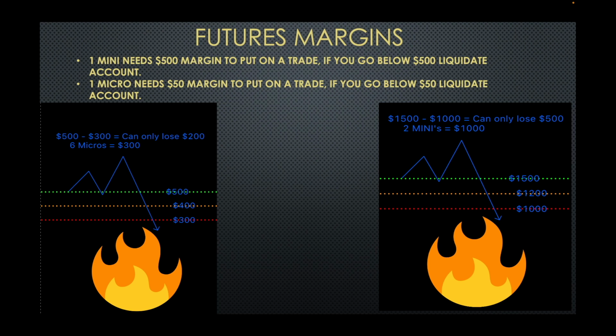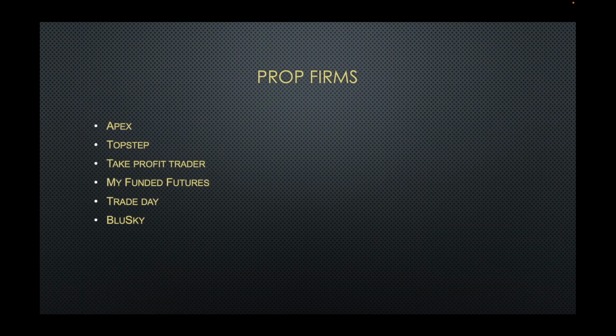So now I'm going to go into prop firms. The great thing about prop firms is that you don't need a lot of money up front, and it will allow you to trade futures like you should be able to trade. So for example, like I showed you earlier, even with $1,500 in your account, you can only trade 2 minis because you're limited on how much money you can lose before you can lose your account. So that's where the prop firm comes in. You pay anywhere between $30 to $100. It gives you that liquidity, that money, where you don't have to worry about margin.